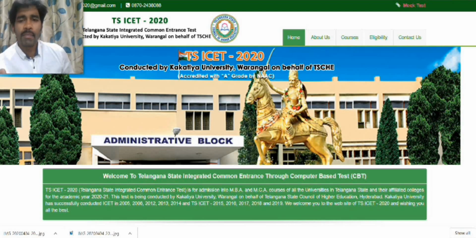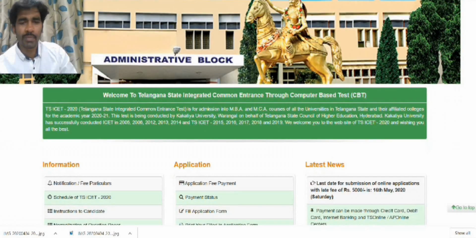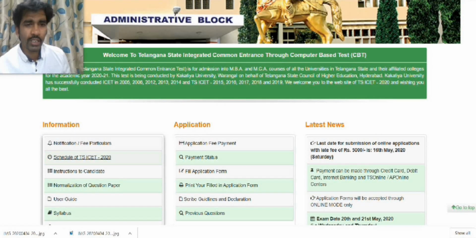Some details are clearly mentioned here. You can go through this if you want to apply for the ICET examination. As per the notification, you can see the official website of TSICET. This is the official website, and in it you can observe the notification, and these are the